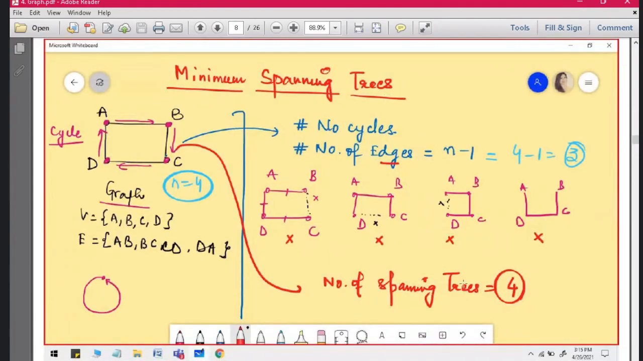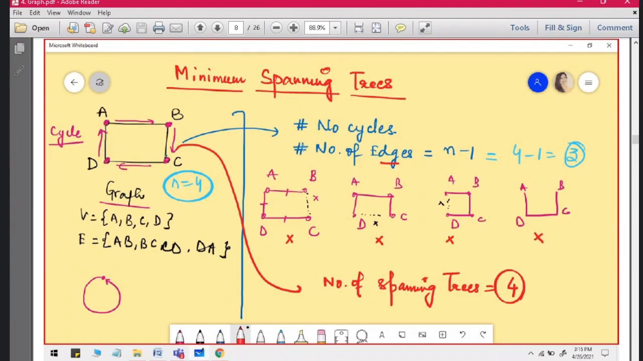We are given a graph here, as you can see. This is your graph, right? A, B, C, D. This is your graph. Here we have a cycle. Your graph is having n is equal to 4. 4 nodes are there, and vertices are A, B, C, D, and edges are A-B, B-C, C-D, and D-A, right? So to construct the minimum spanning tree, there are two conditions that you need to take care of,